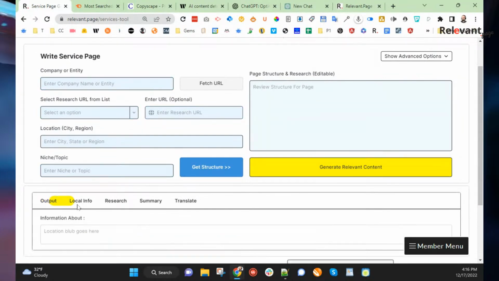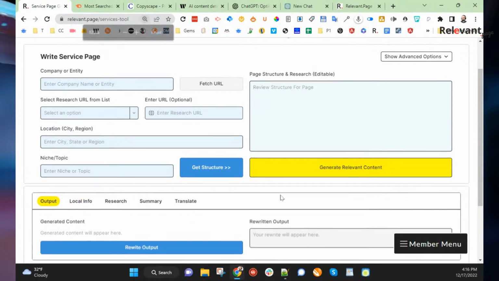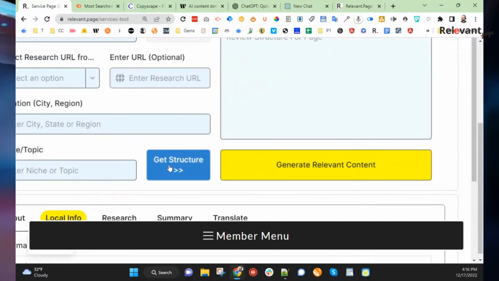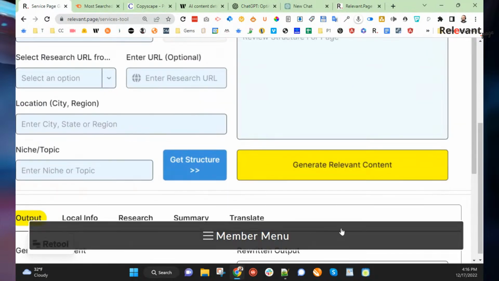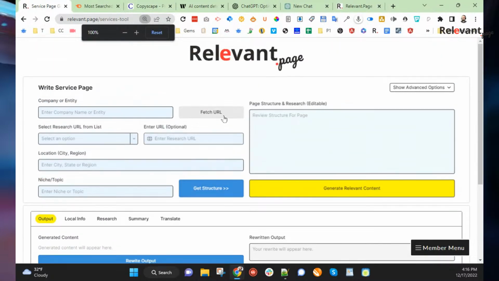Now you'll see right here, you'll see an output tab down here. And then I'll just enlarge it a little bit here so we can see. So you can see there's a local info tab, okay? And that's going to be information about the location, right? So what we're going to do is I'm going to take and write down the company as Las Vegas